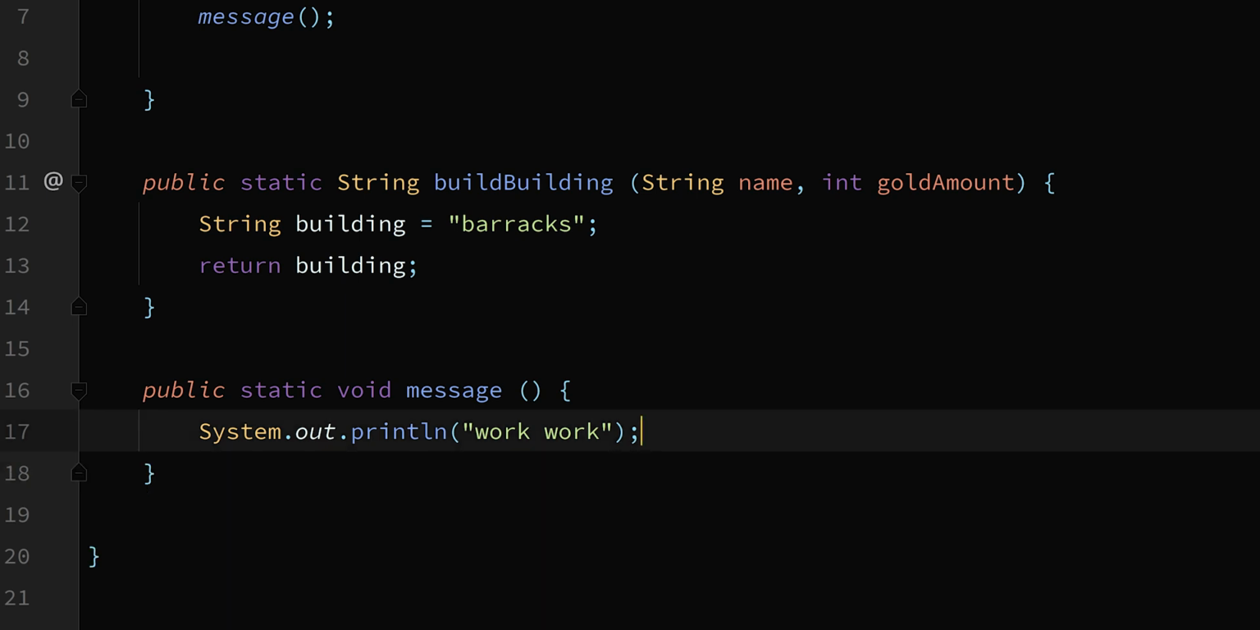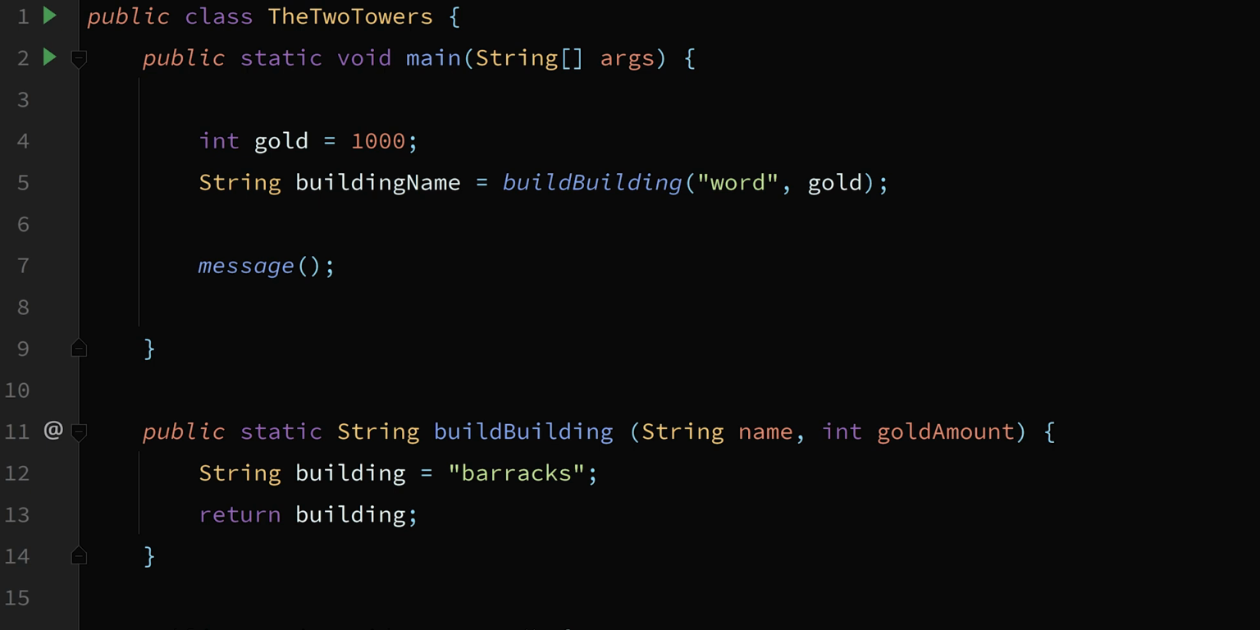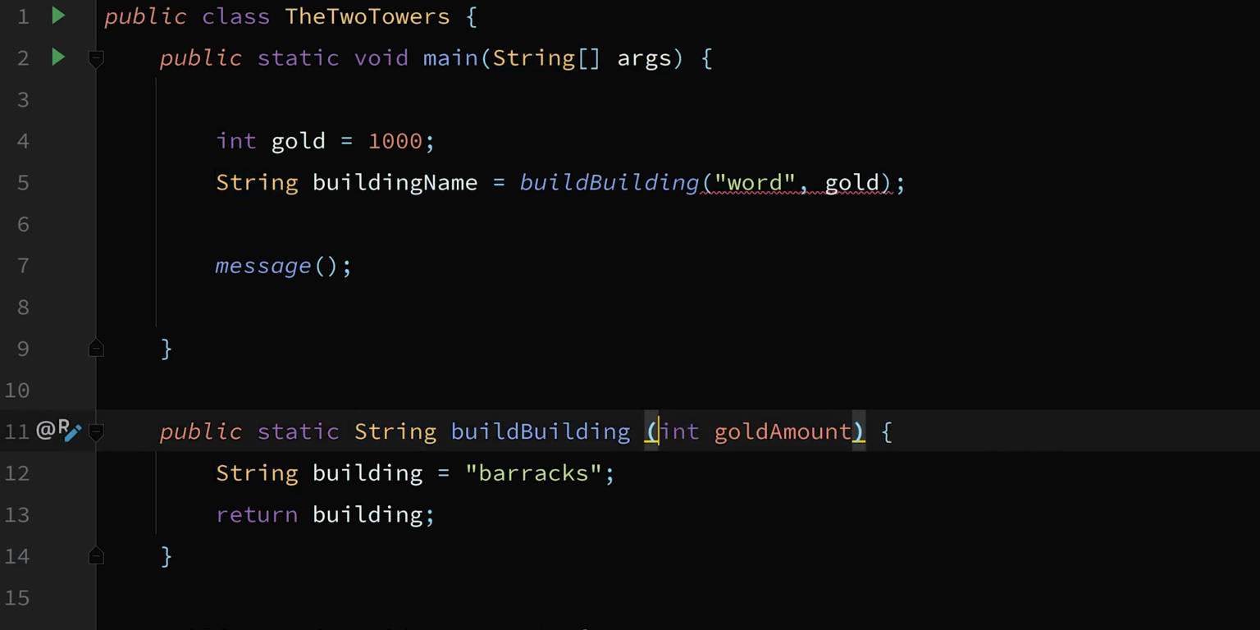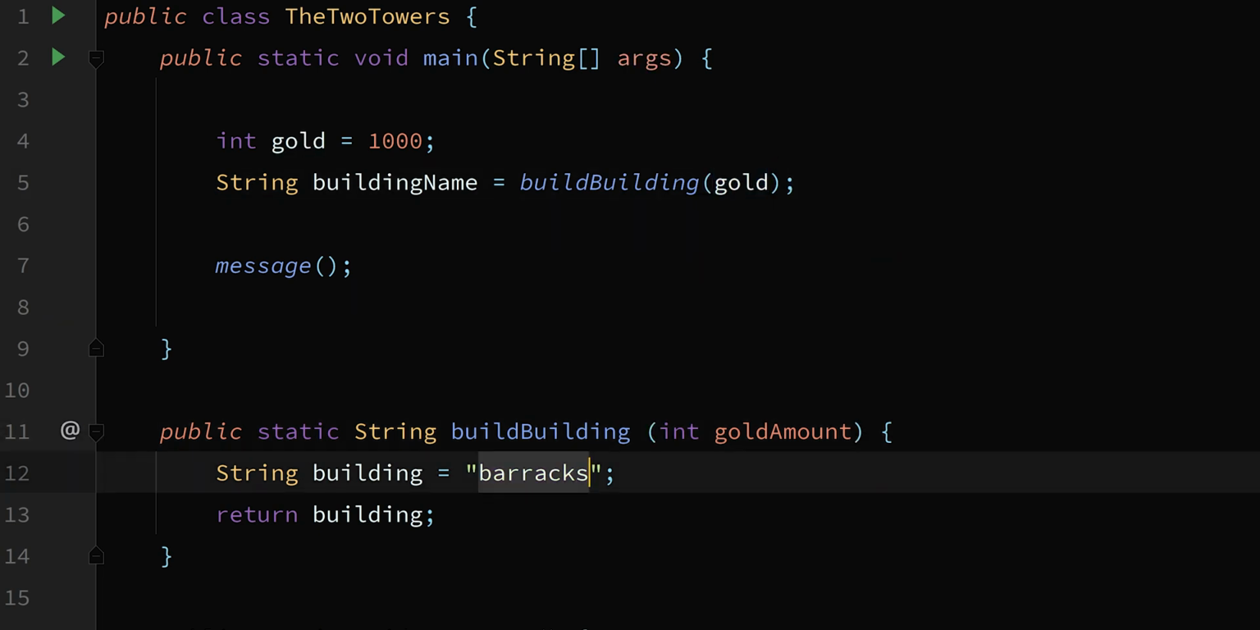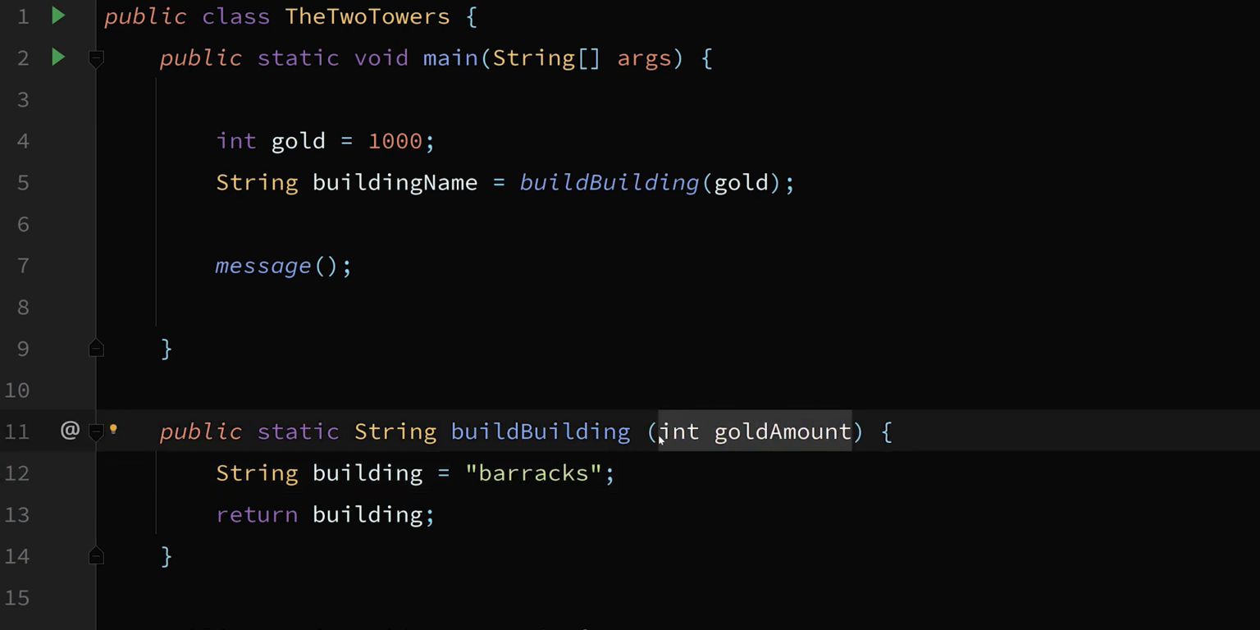So in Java, where we're going to end this video, let's talk about these parameters some more. Inside Java, we'll get rid of this and we'll just say actual gold amount here, gold amount there. It doesn't really matter that we're just returning the word barracks, because we're going to end by talking about parameters. So when we pass arguments into a method,